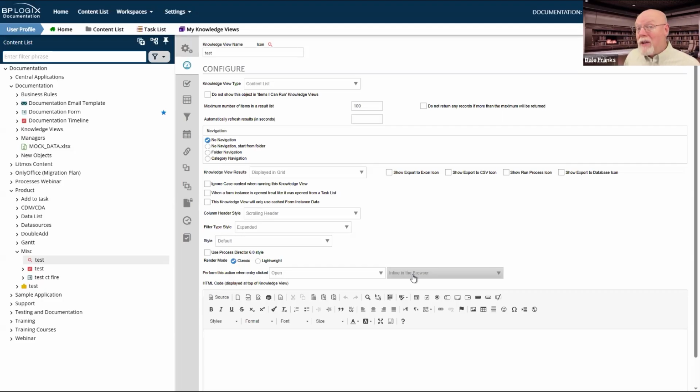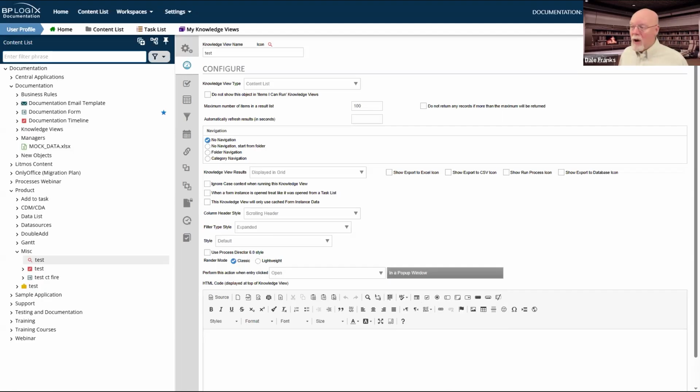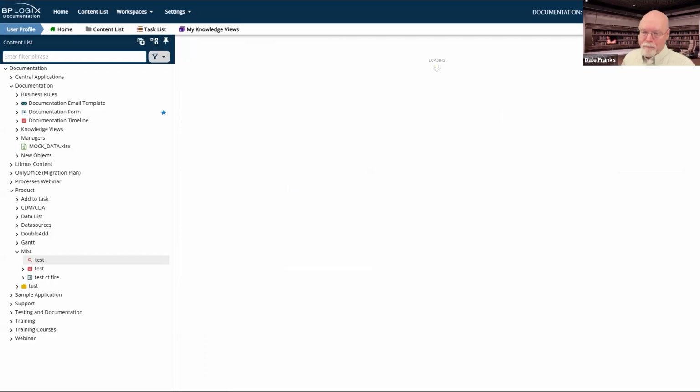But now it does, because now I can control at the knowledge view level whether I want to open it inline in the browser. So we just saw it open inline. That's fine. I can change that to open in a pop-up window. And now I can update and run it.